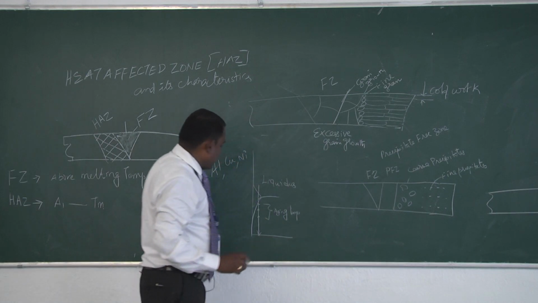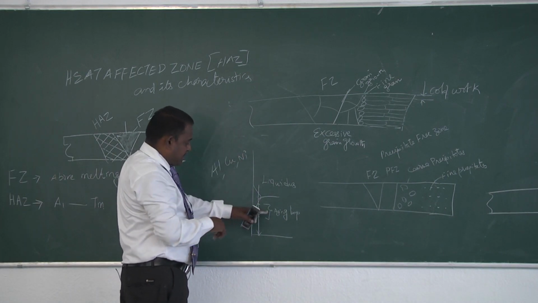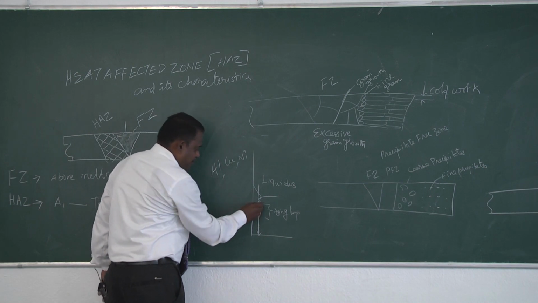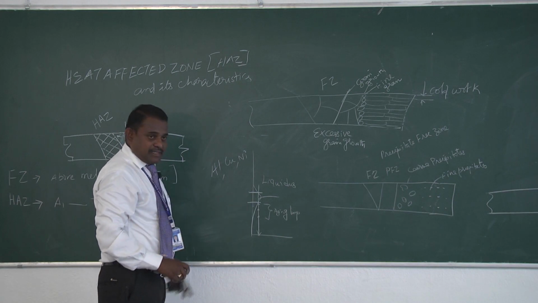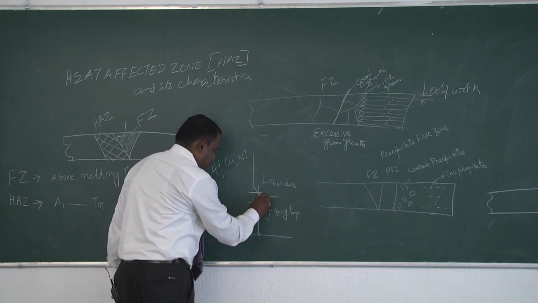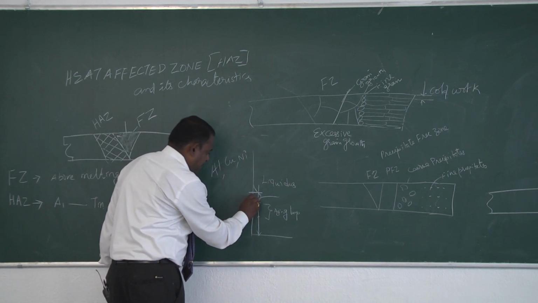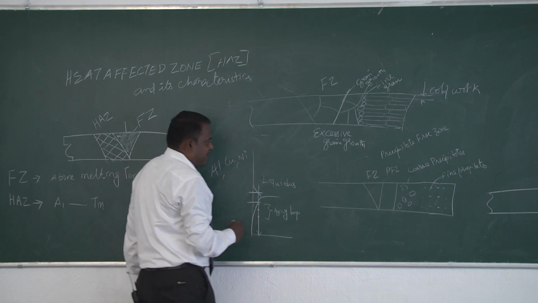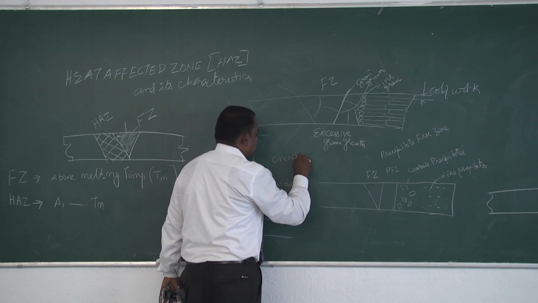Now one can understand what happened during welding and heat transport. The part of the material that experiences a very high temperature, up to liquidus temperature and below solidus temperature, will experience overaging. Due to overaging,